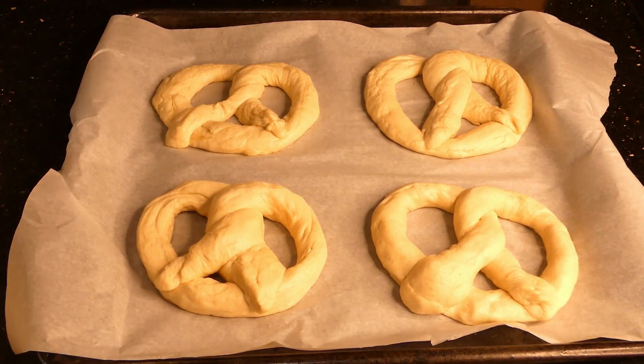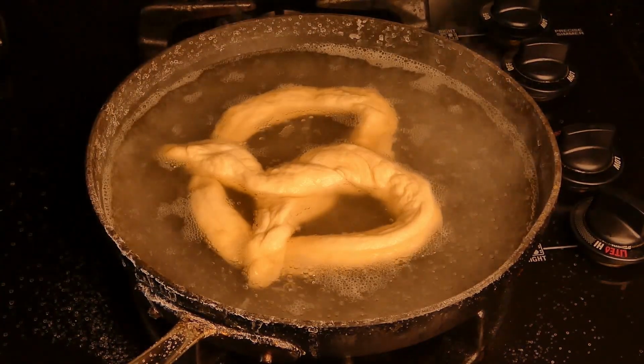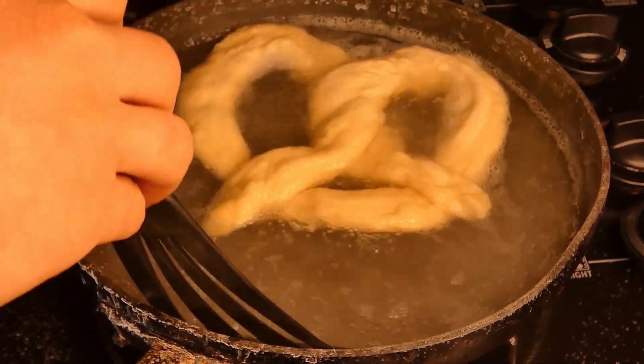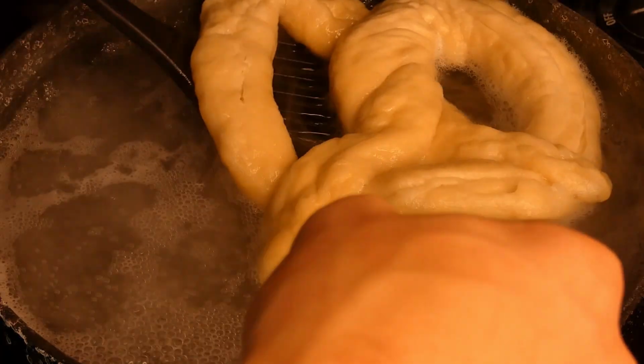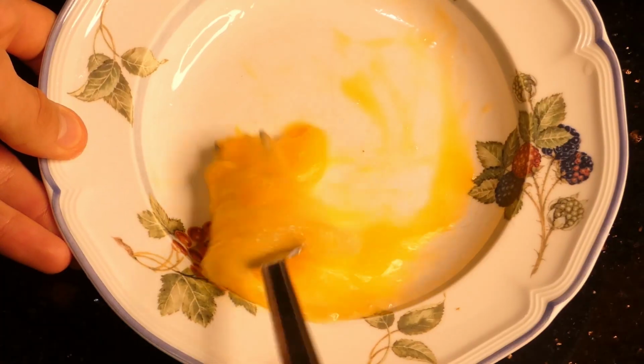So by now your pretzels are probably done rising, so just put them to the side and add some baking soda to some boiling water. Carefully lay your pretzels in and cook them for about 1 minute. If your pretzels aren't fully submerged, just use a spatula and spoon the water over the top. Once all of your pretzels have swam in the baking soda, put them on a parchment paper lined baking sheet